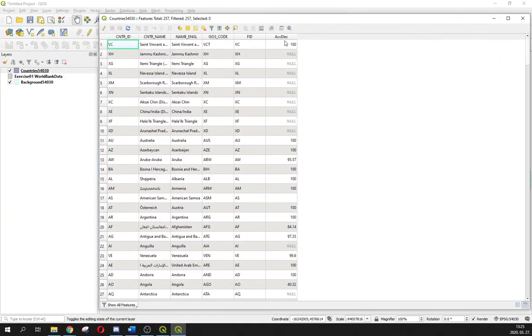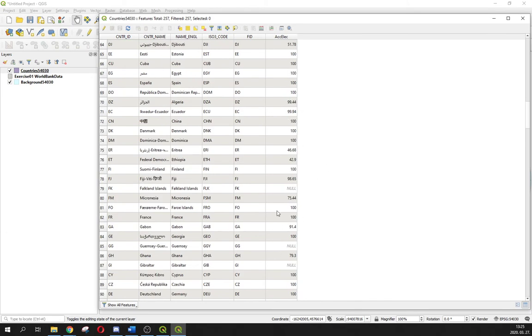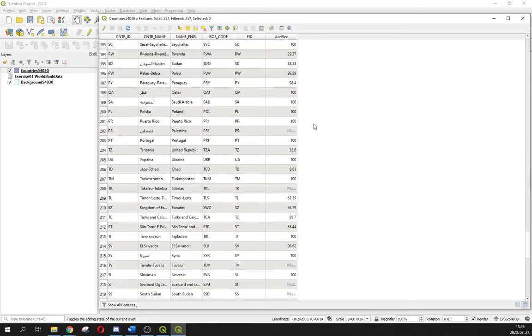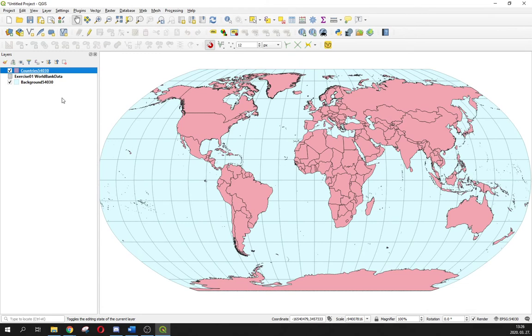We have all of the country, the numbers of how many percentage of the population have electricity in Ethiopia or Eritrea or Dominica or Denmark, in the world by country. And close it, and after that, to symbolize the accessibility of electricity by country, right click the